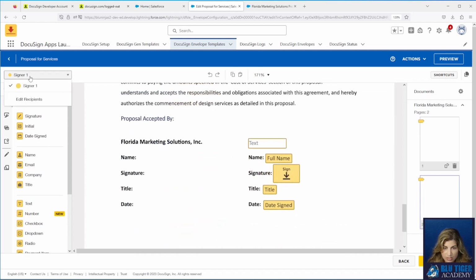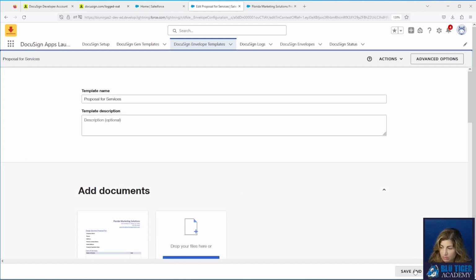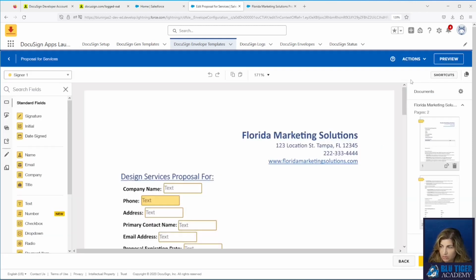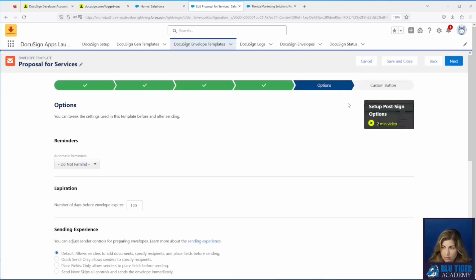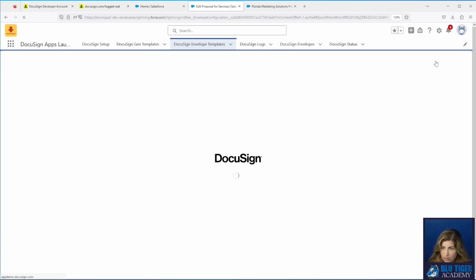We'll scroll down here, and we'll switch this to, oh, there's no signer 2. Let's go see what happened. Let's discard changes. Let's go back to our recipients.